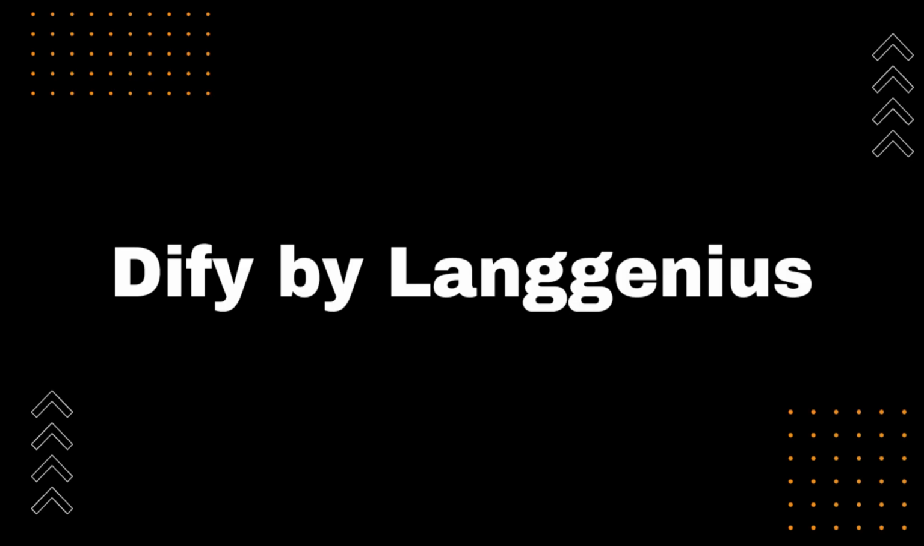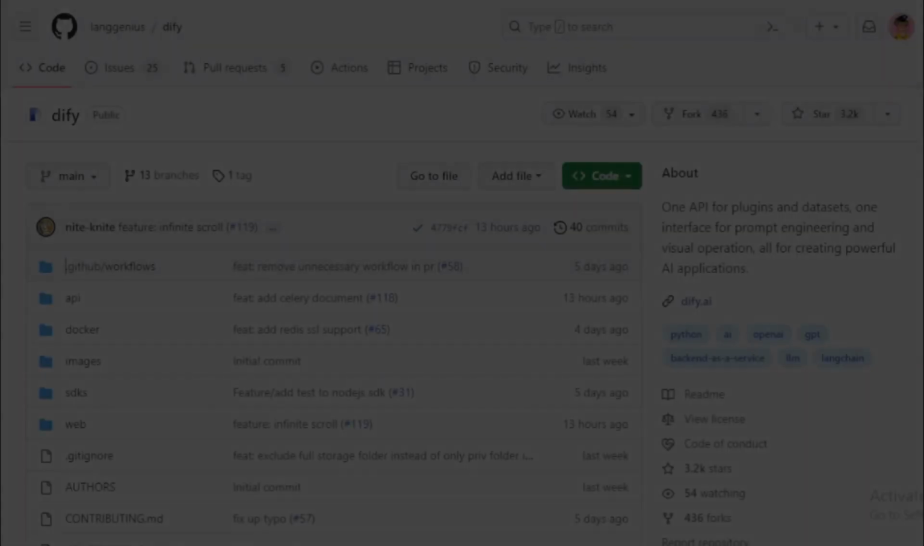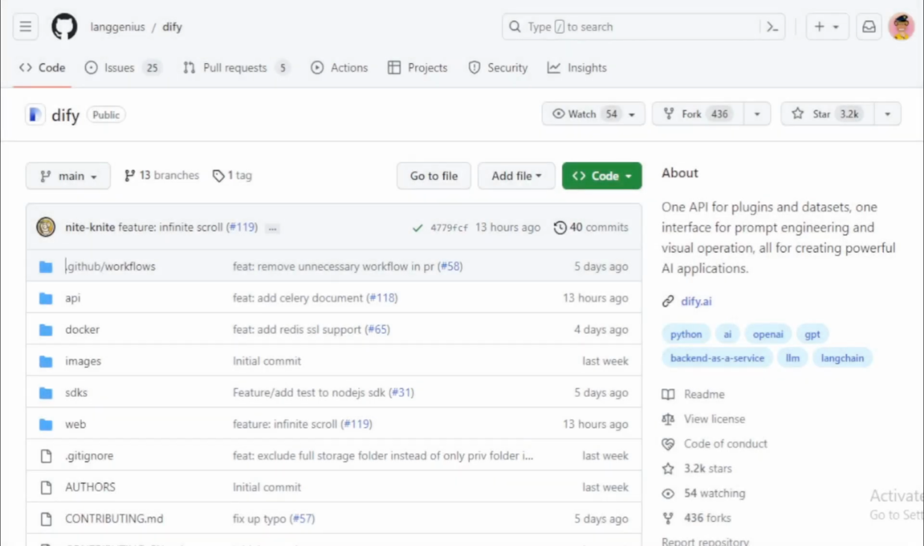Number 8, Diffie by LangGenius. The GitHub repository LangGenius/Diffie is a project that aims to create an easy-to-use LLMOps platform for developing sustainable, AI-native applications. LLMOps stands for Large Language Model Operations and refers to the process of developing, deploying, and managing large language models,